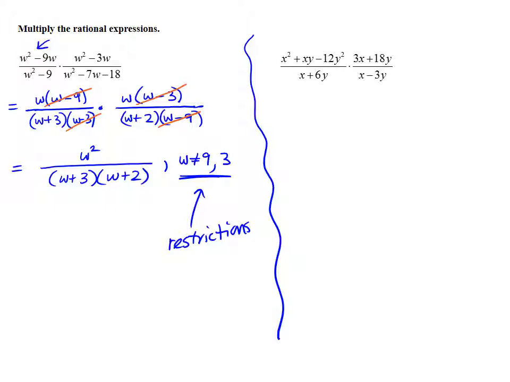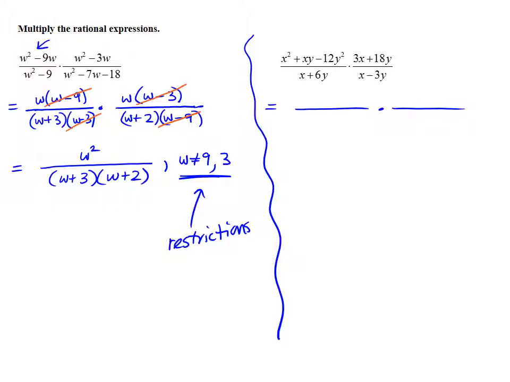All right, our last example on this page, we have the fraction x squared plus xy minus 12y squared all over x plus 6y times the fraction 3x plus 18y over x minus 3y. Start by factoring the numerators and denominators before we multiply. So my